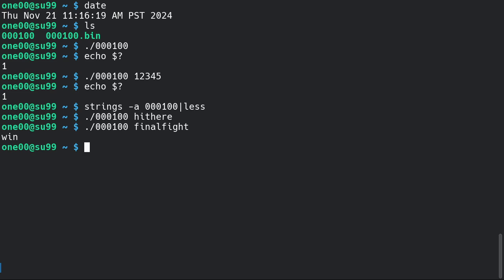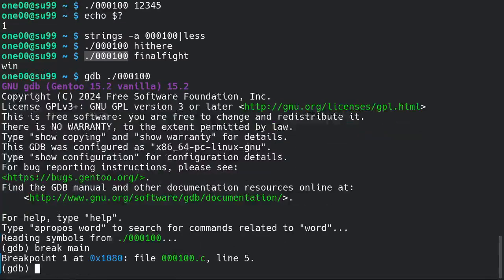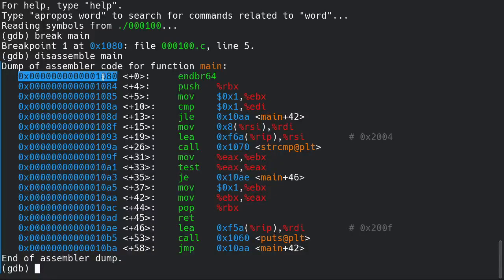So that's interesting that we were able to use static reverse engineering to figure out what the win condition is, but let's make it make sense for a more difficult binary. Just pretend for a moment that this is something that is way more difficult. So here's our first bit of reverse engineering. Get the disassembly. So you can see main is at 1080, and